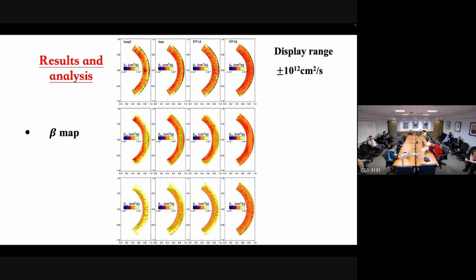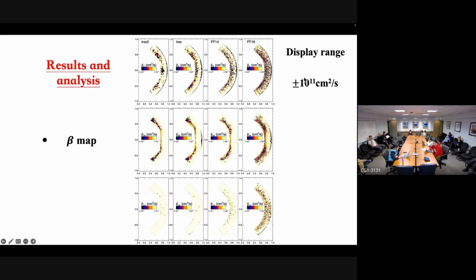And we can also calculate the beta map, right? So this is the extrapolated beta maps, displayed in this range. This is the range we usually use for the turbulent diffusion, around this number. But if I plot it in a shallower range, so I change the display range to this,